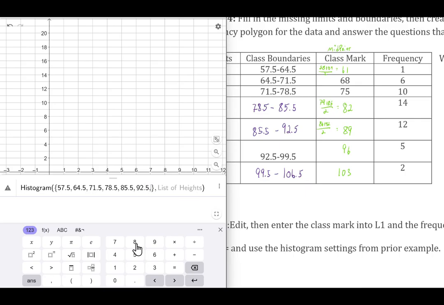92.5, 99.5, 106.5. In the previous video, I talked about this with the class boundaries. We always need to go beyond our class limits to include the extra values to the left and to the right of them. All right, so after we have the class boundaries installed, and this is what the Geogebra function will show you,